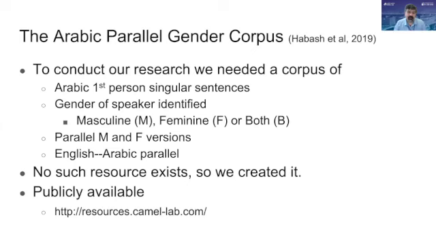And initially, we started with just focusing on first-person speakers. So things with ana, you know, me, myself, I, and whether the speaker can be identified based on text, no speech, as being masculine, feminine, or both, in the grammatical gender sense, of course. And we needed parallel data, and this did not exist, right? So I want data that tell me masculine, feminine, masculine paired with each other. So we created this data, and all of this data is publicly available. You can just download it today after this talk if you see it.